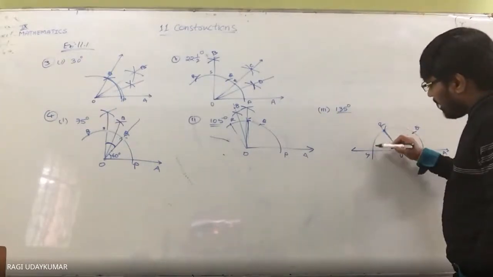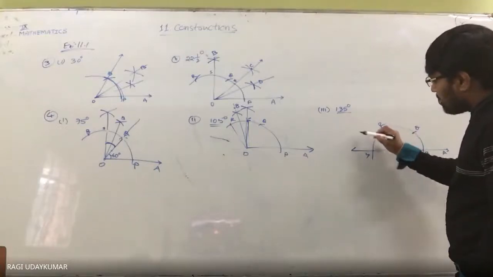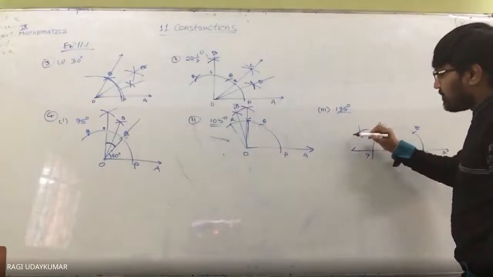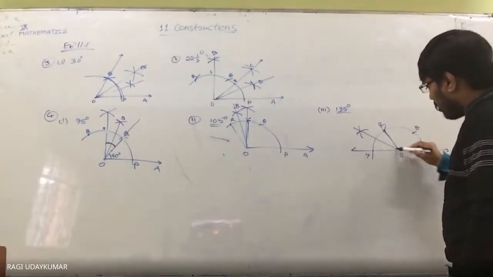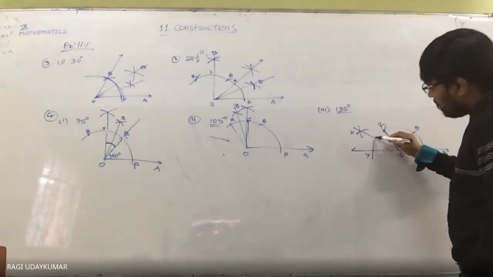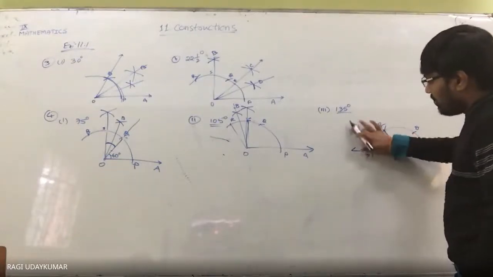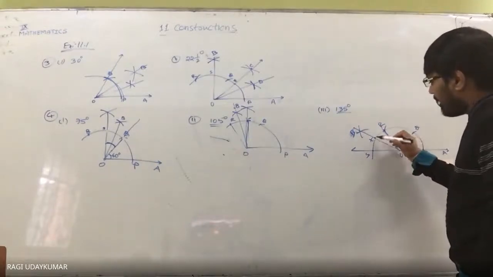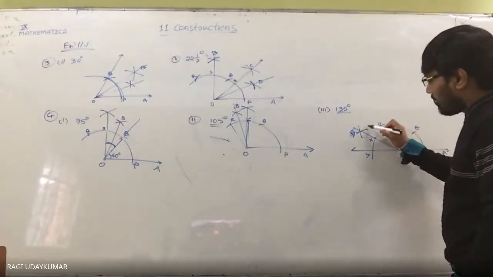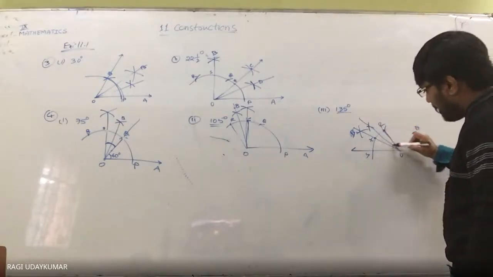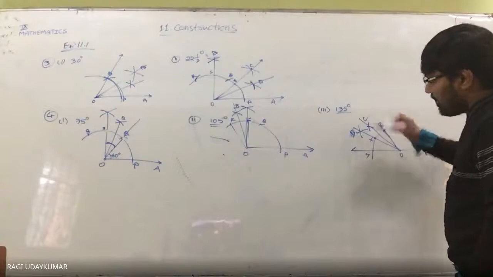To bisect one time, take this one as a center, this one as a center, draw one arc here, one arc here, R as a center, S as a center. Join these two. Let us name it T. Here you consider P. Now T as a center, R as a center, two arcs. This is 15 degrees here. This point you consider C.